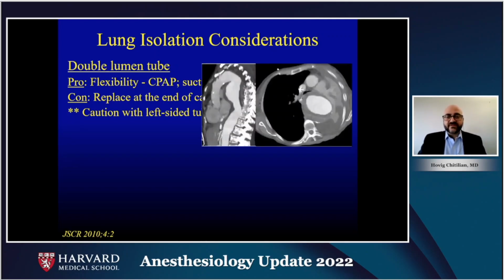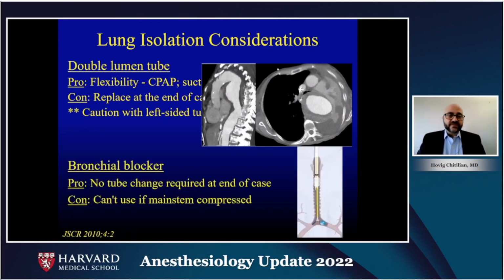One caution with the left-sided tube is illustrated in this CT angiogram from a case report. Here you see in the sagittal section an extensive thoraco-abdominal aortic aneurysm, and in a cross-sectional view, this is the aneurysm sac, and you can see that it's actually compressing the left main stem bronchus, making it difficult to actually pass a double lumen tube. An alternative to double lumen tubes in these cases is the use of a bronchial blocker, illustrated